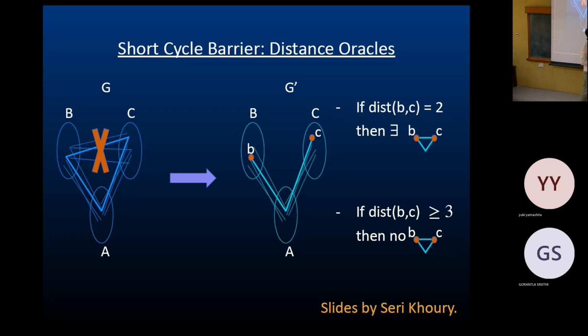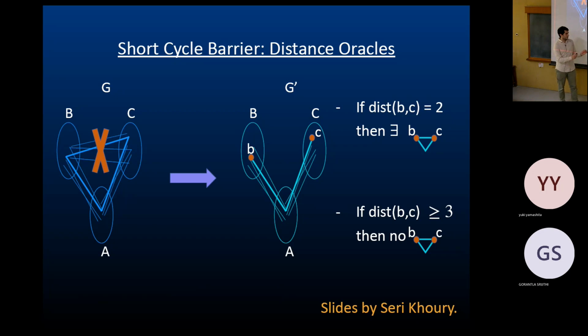And then you get that the distance is exactly 2 if the edge was in a triangle, right? Because if you have a 2-path, then when you add back the edge, you get a triangle. So if you go over all edges, you check if the distance is 2 or larger, then you know if that edge is in a triangle. If the edge is not in a triangle, then the distance between these 2 points, the endpoints of the edge, is not 2, it's larger.